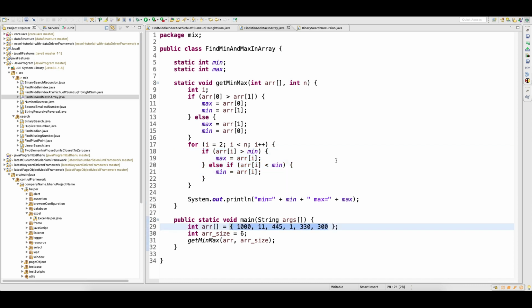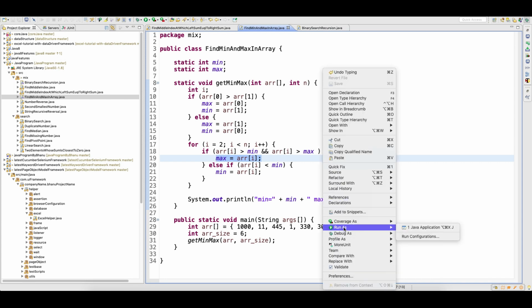Okay, if you change the input and still want the same output, then your code needs to be modified a little bit. The code, in the sense that you have to put a check: if this guy is greater than mean, and then you need to check one more condition, if this guy is also greater than max, then only change the max. So let me modify this code. What I did is I just added one line. If my number is greater than the minimum number and also greater than the maximum number, then only I am going to change the max, right?